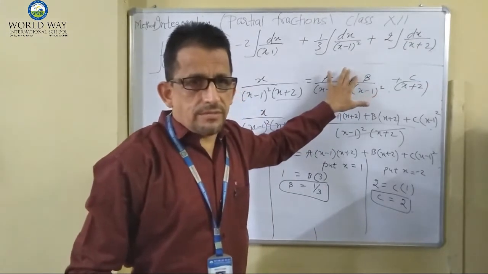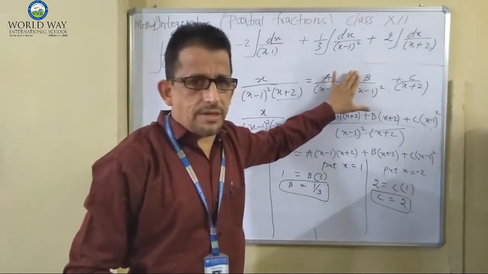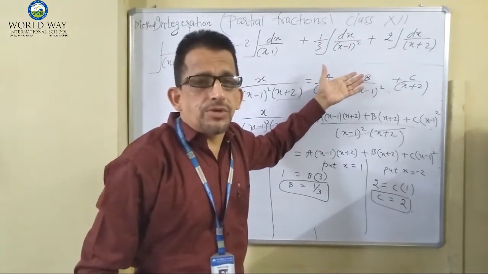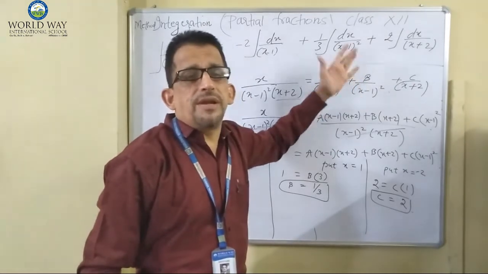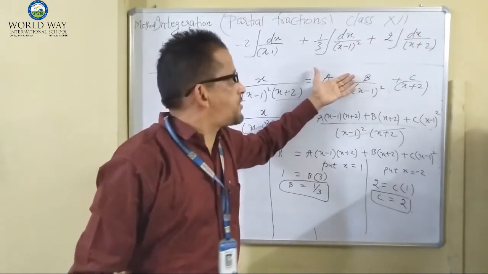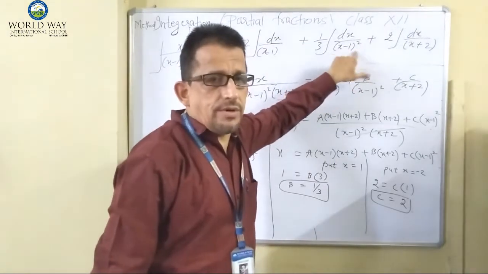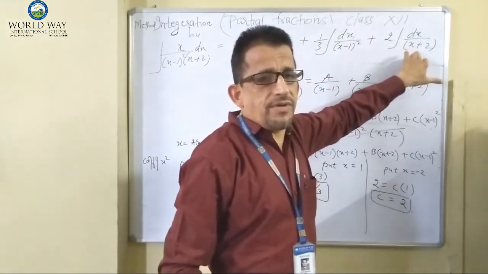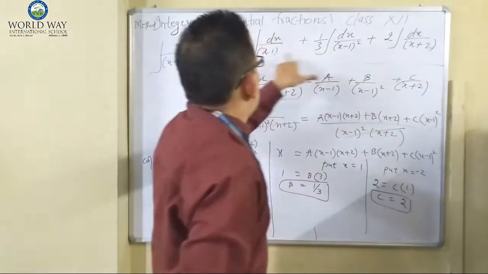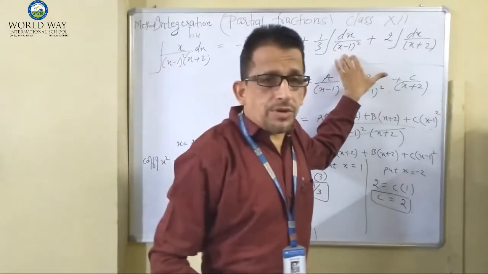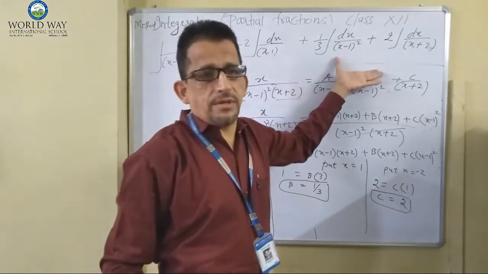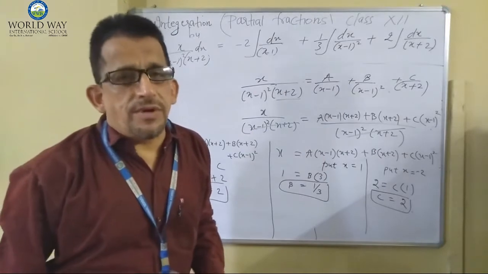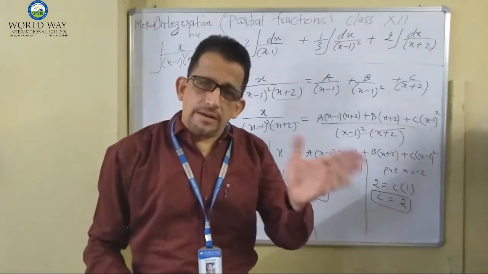It's clear? You know how to solve this by integration, which we have already done in the method of integration by substitution. Taking x minus 1 as t, dx is converted into dt, then integrate, and again this is very simple. Integration of 1 upon x plus 2 is log of x plus 2. Here for log of x minus 1, take it as t and solve by the substitution rule and get the answer for a, b and c. So this is the question based on the second type where the factors of the denominator are linear but repeated.